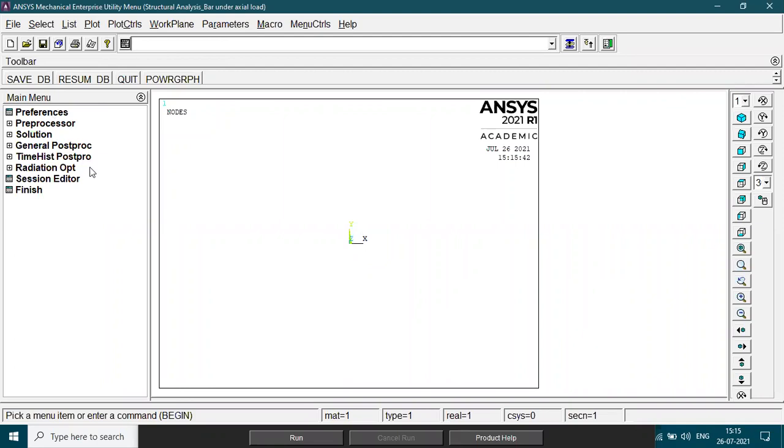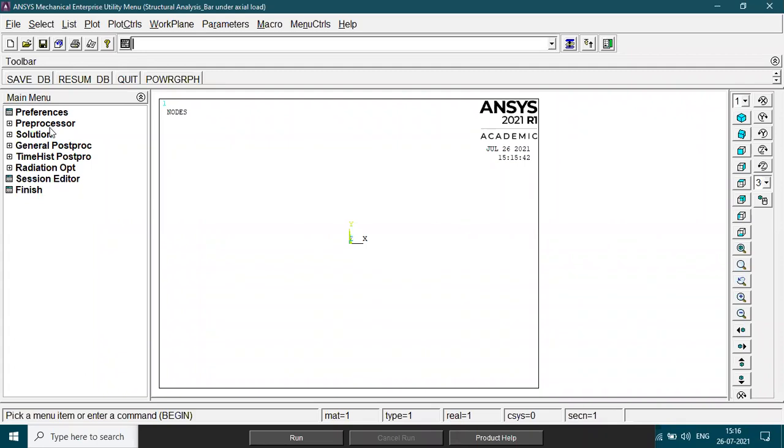Now I need to start performing the practical. As I told you in the previous session, you just keep on clicking this option of save DB in between. It's like Control S, right? So in order to start, the procedure is clearly given in a stepwise manner.